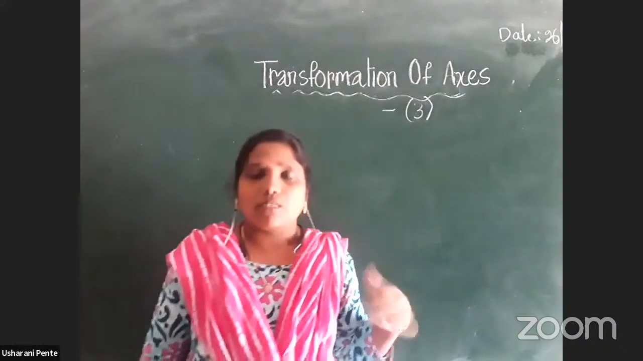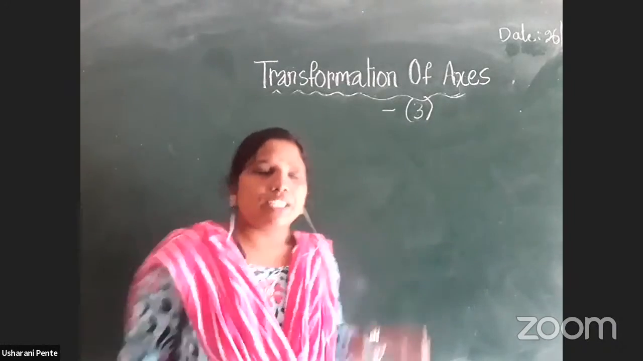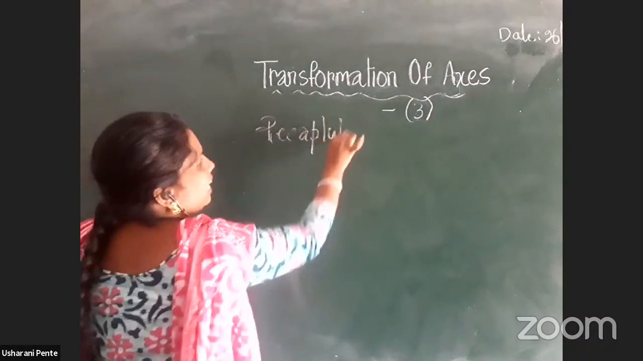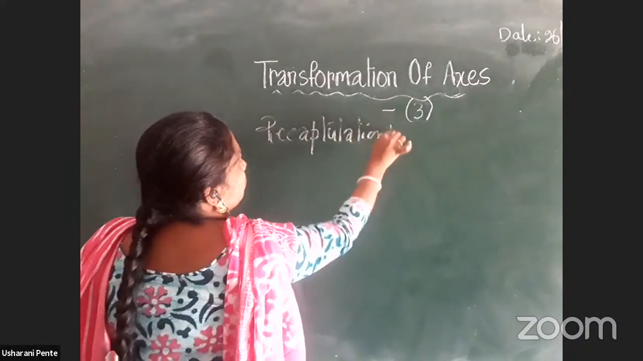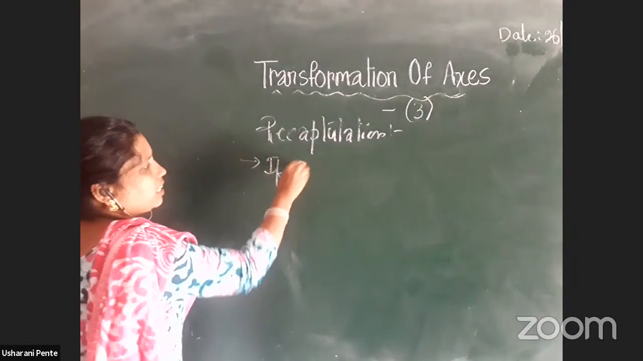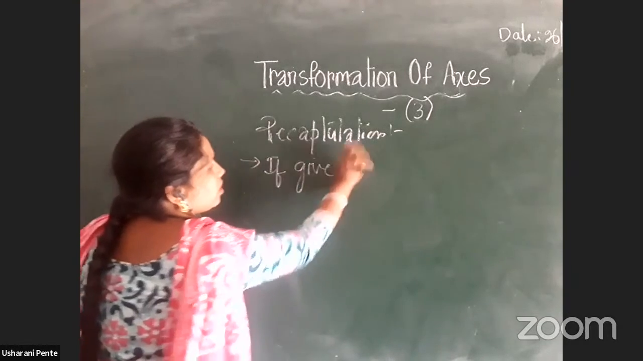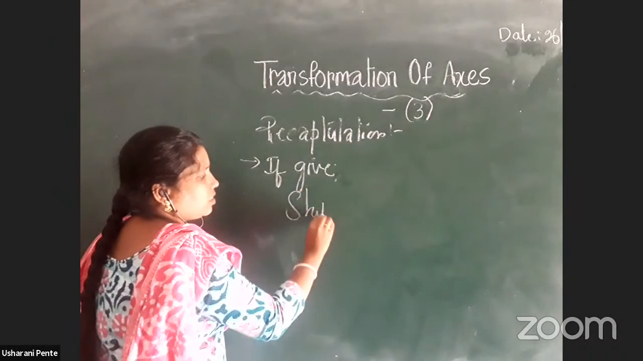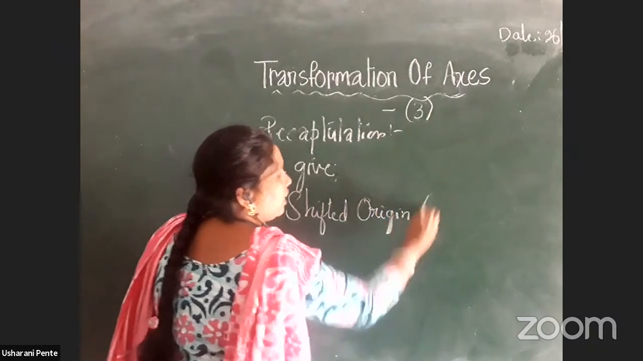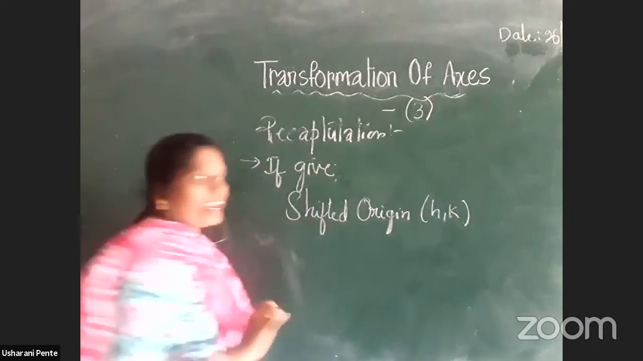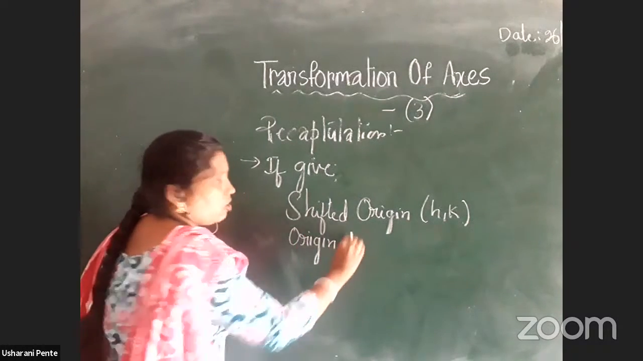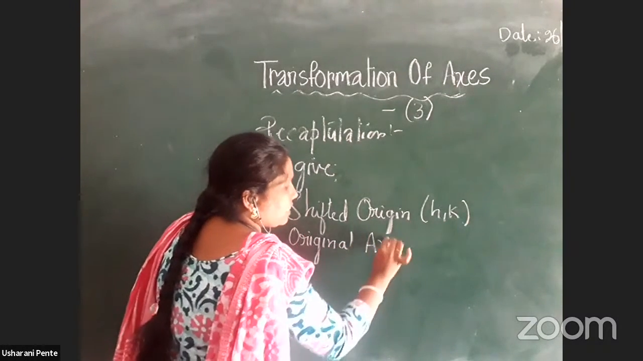What we have discussed yesterday, we just recapitulate. A recapitulation of yesterday's class. If they have given the shifted origin, that is h comma k, and also if they have given the original axis equation,